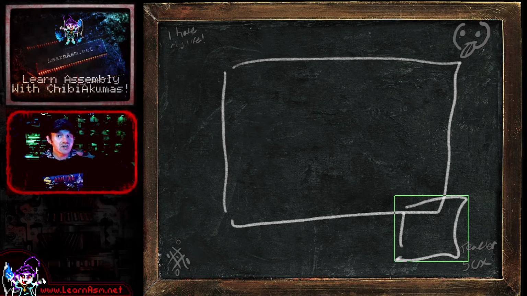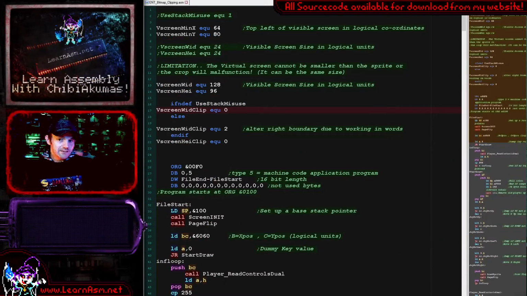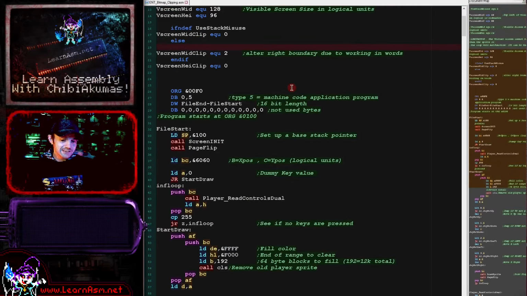And it didn't in Chibiakuma's. There was a bug in the code. The clipping algorithm I basically created almost by trial and error because my maths was very poor. It's slightly better today, so the code does work, hopefully. So anyway, that's the algorithm we're looking at today. I'm in no way saying it's the best algorithm. I am pretty certain it's not the best algorithm, but it works